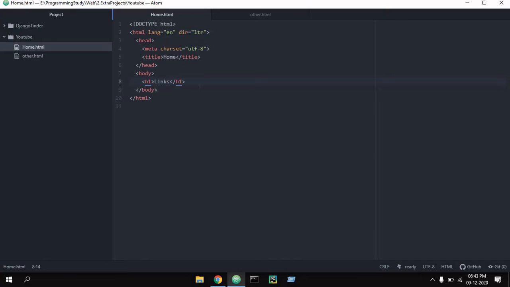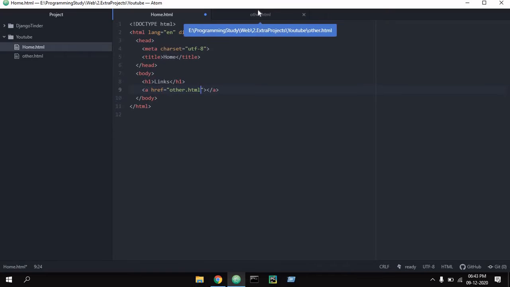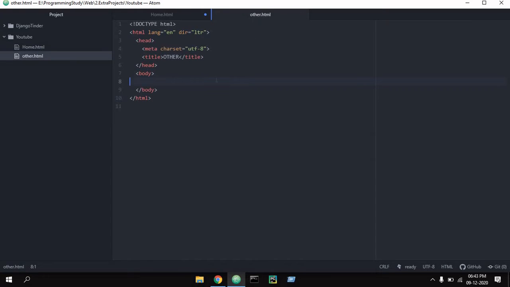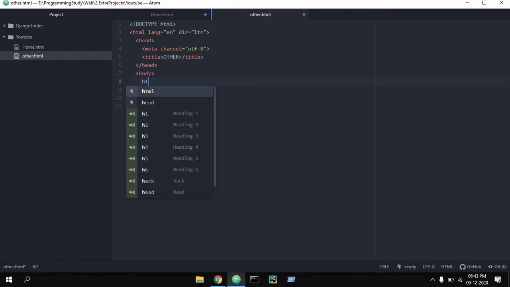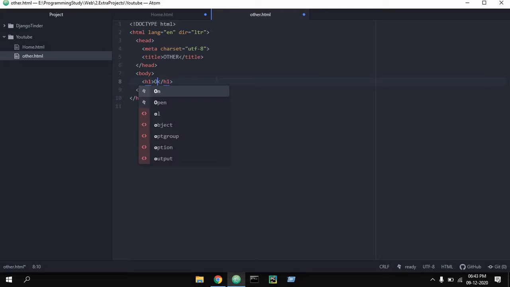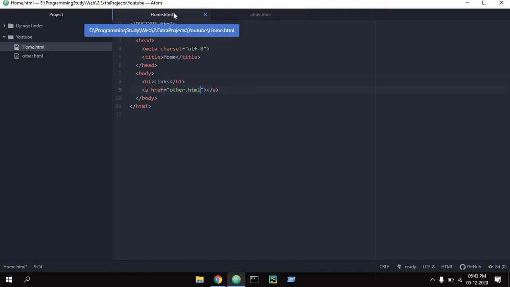Now I will add an anchor tag down here and I will name it other.html, which will redirect me to other.html, and in other.html I will write h1 other, so that we can know that it's the other one.